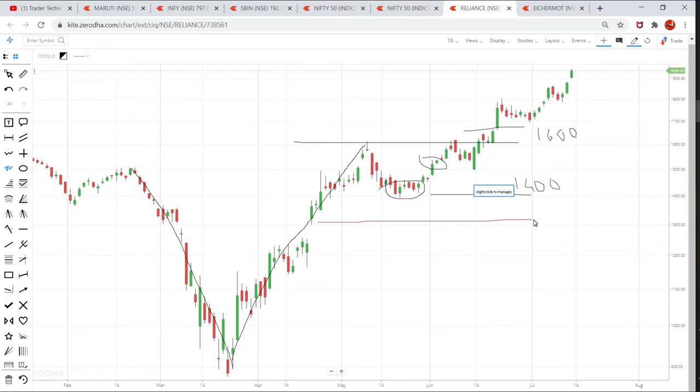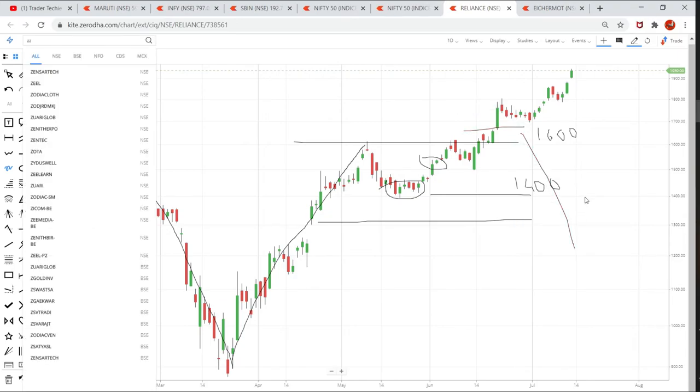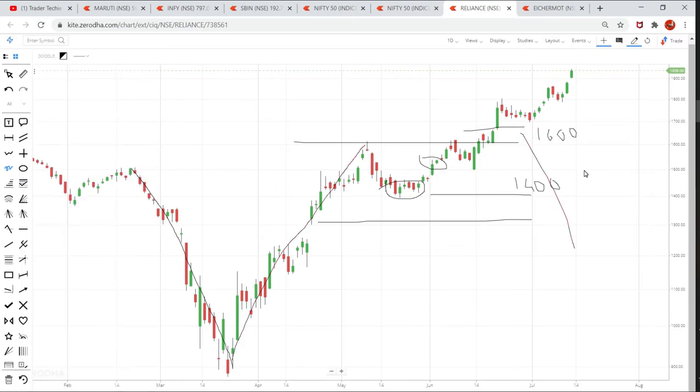Make sure you keep your stop loss every time you trade in stock market, because a stock may fall from 1,600 to maybe 1,000 level also. So you never know. Having your stop loss will always restrict your losses. So always make sure you keep your stop loss. If you want to trade Reliance, I'll enter at this level, 1,600 or 1,610, 1,620. Just have a 10-20 points buffer and keep a stop loss at 1,400.